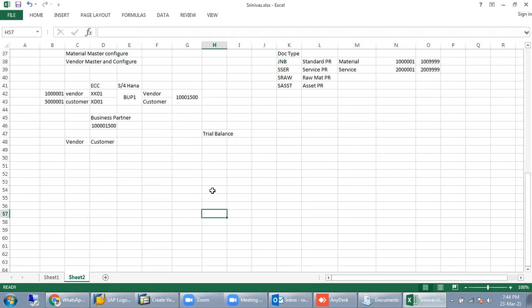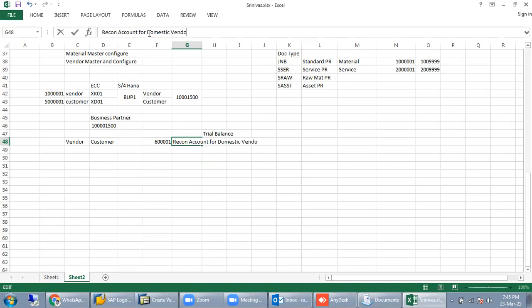So the report would be very lengthy, around 50 to 100 pages. That is not good. Management can't see 100 pages for the vendor only. So to club those vendors into a single GL, we create a recon account. Suppose I have created a recon account like 60001. That is a recon account for what purpose? For domestic vendors.